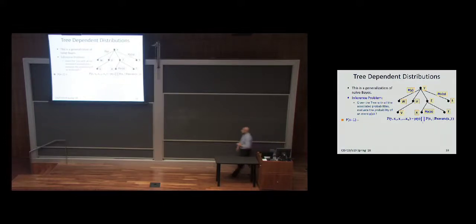I've given you the numbers that define this probability distribution. It's P of Y, and let's assume everything is Boolean here, so 4 numbers on each of the edges. For the edge between Z and X, I need to give you P of X given Z. In the Boolean case, it means P of X being 0 and 1 given Z being 0 and 1. Same thing here, P of T given Z, P of V given U, P of W given Y, and all this. That's what I'm giving you. And now I'm asking you, how are we going to compute P of X being 1?